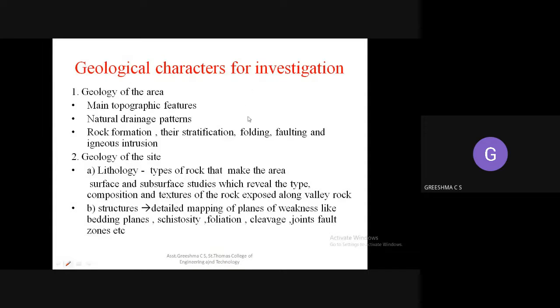That is, at which point in the Cherudoni district I am going to construct the dam. So I have to study that particular site. So this is the area, I think, and this is the proposed site. So the second process, I will study the geology of this particular site. Geology of this particular site. In that geology I will have to study